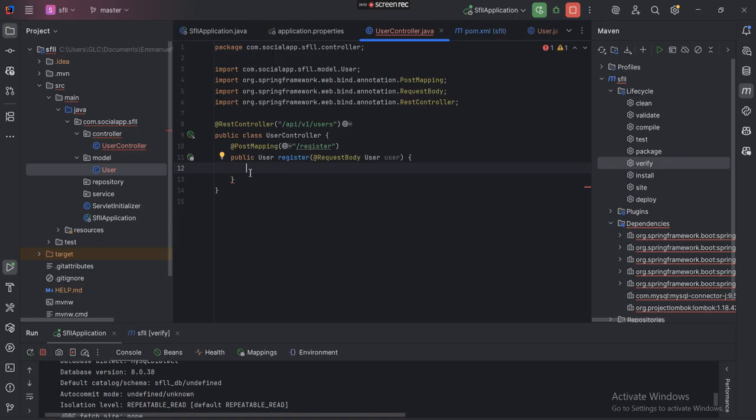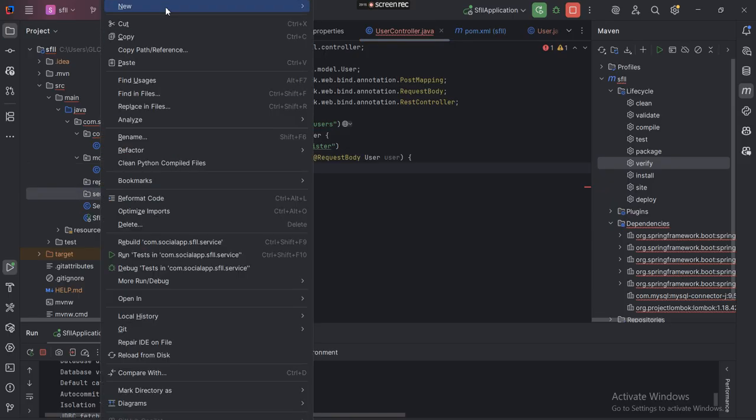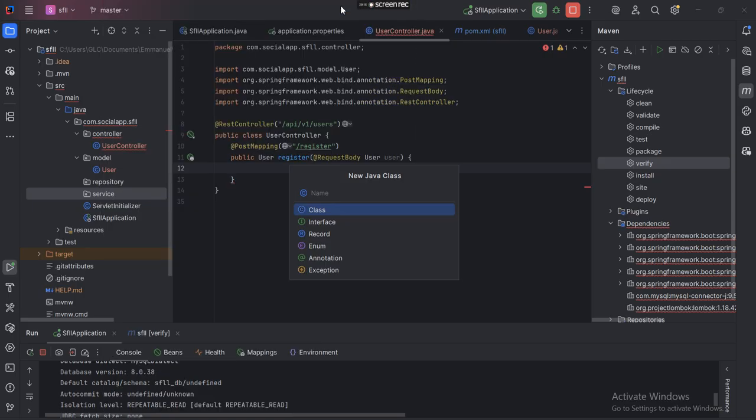And now we can call another service, which is going to be our service area, and send it to it. Remember, very important during structuring, we talked about that in your controllers, they should be as lean as possible. No business logic should be conducted here. At least the overwhelming majority of business logic should be conducted in the business area, which is the service area. So we are going to call the service layer, which is going to be a user service, right? And so we are just going to call the basic class for user service,